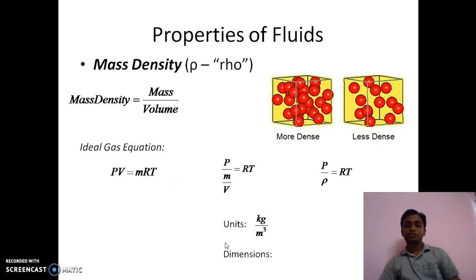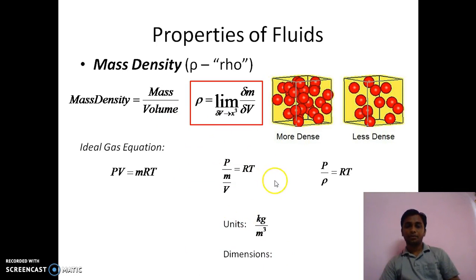Now what are the dimensions of this quantity? Mass in the MLT system is denoted by M. Volume is length cube, so it will be M upon L cube, that is M L raised to minus 3. And here we are defining density rho